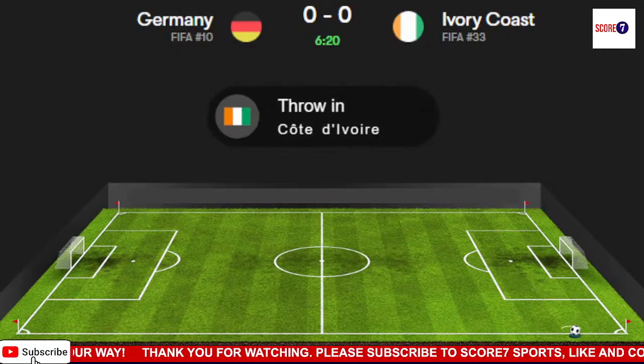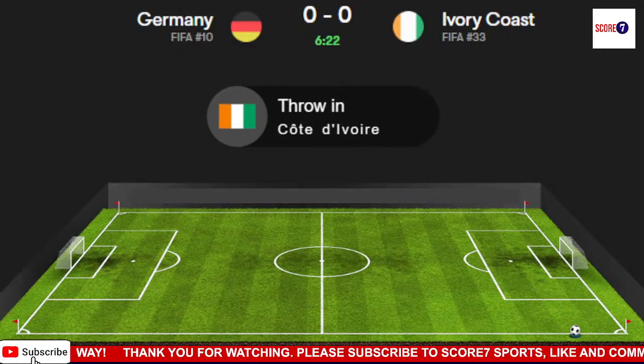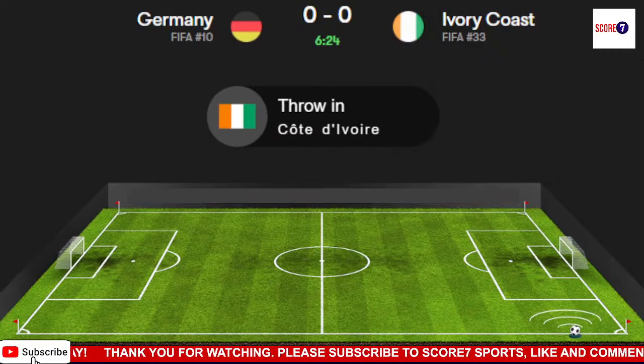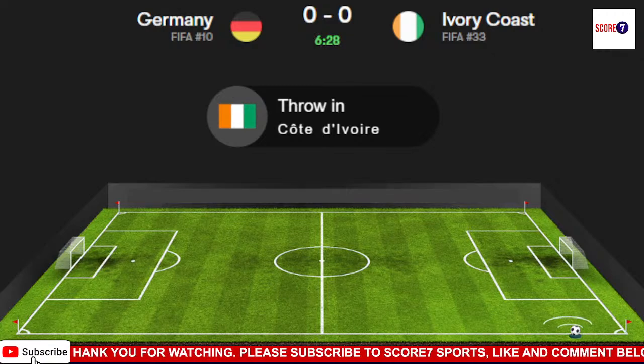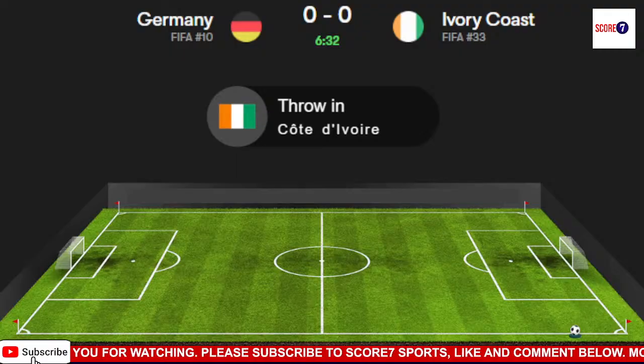He did score in the opening game, Brown. Does like to track his run and continue to chase the ball, which has gone out of play over on the right-hand side. Sané got the final touch. It'll be a throw-in in the defensive third for the Ivory Coast. Ghislain Konan